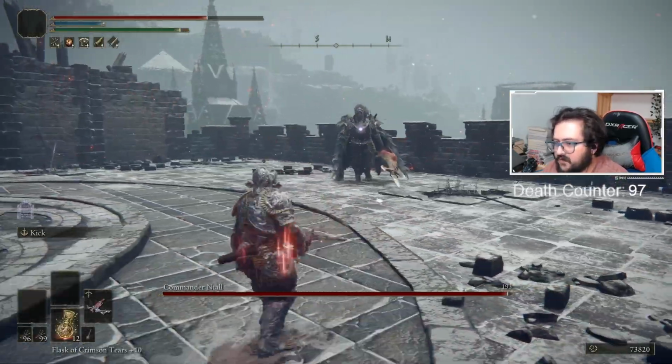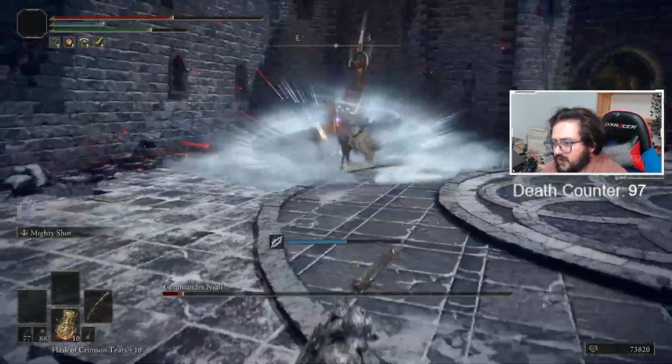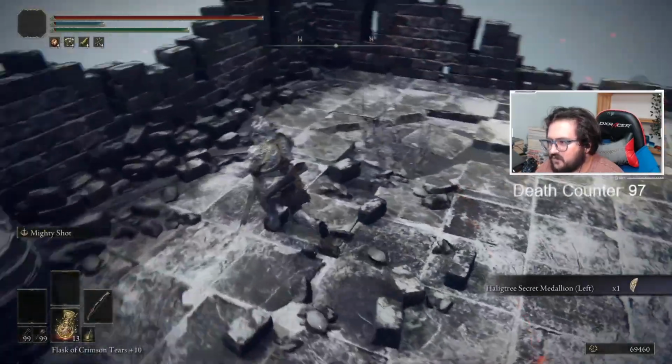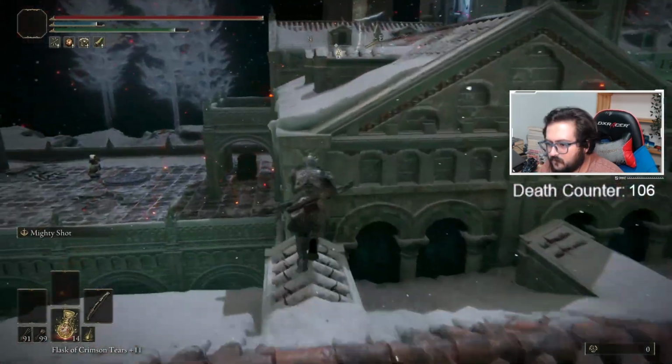I've pretty much learned his moveset by now, so all I need to do is dodge and pelt him with poison bolts. And a few jump shots later, and he pretty much goes down, rewarding with the second half of the secret medallion. Next, unfortunately, we got to go into this annoying Evergoal, lighting this thing,